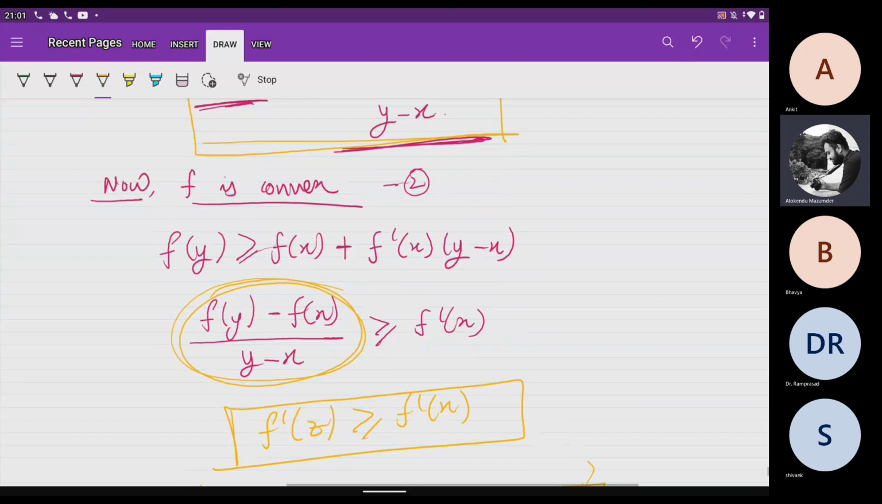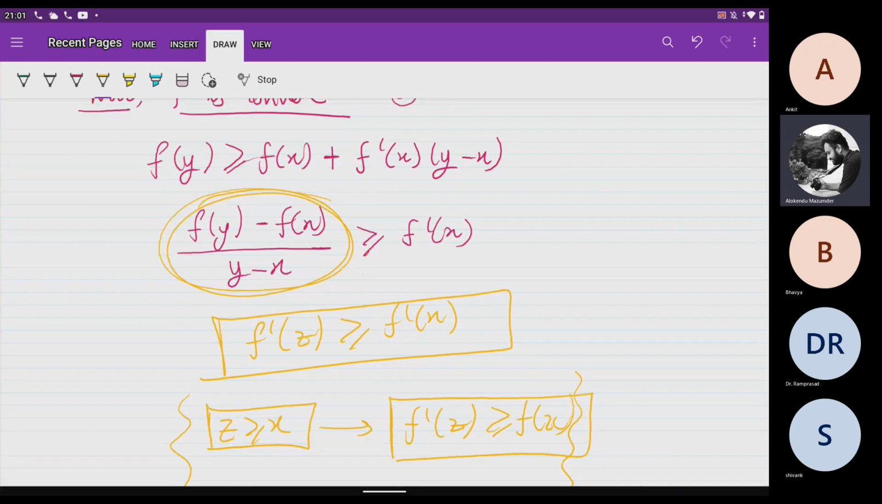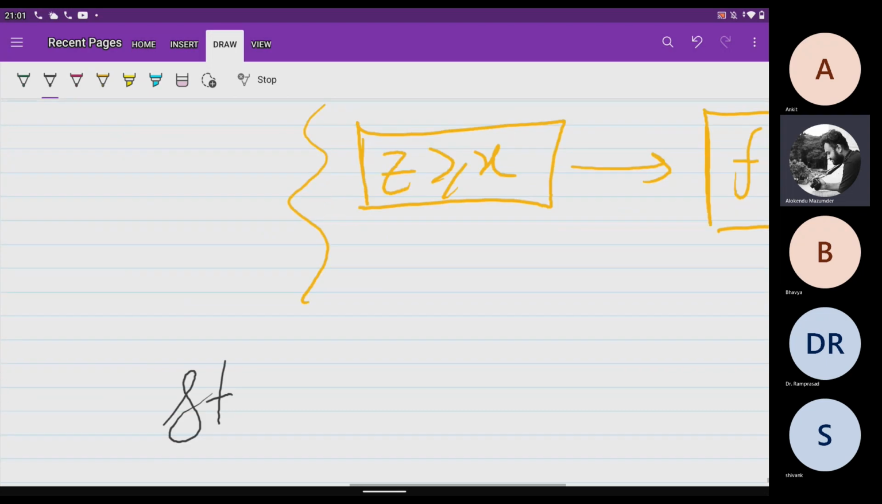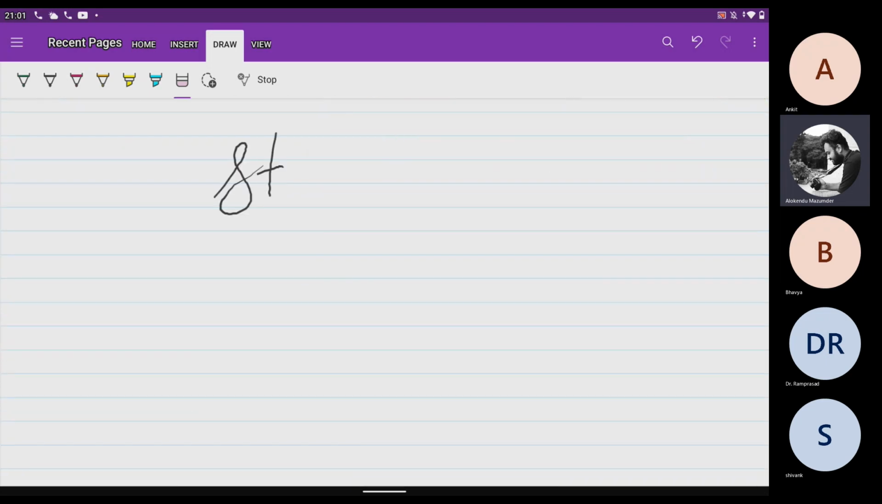Okay, what other proof can we show? Yeah, there is another very, very important proof. There is another very, very important statement. The statement is: if